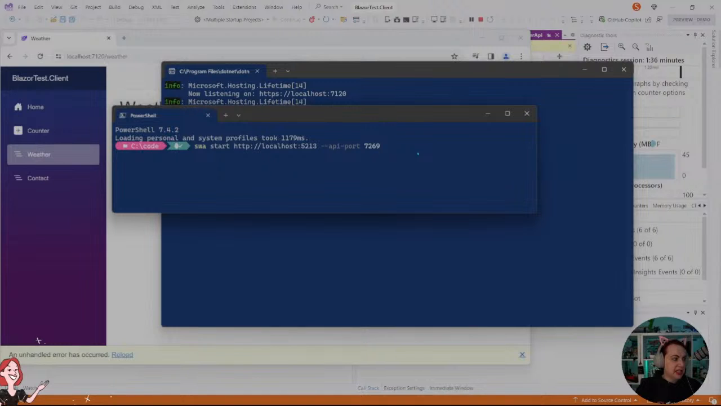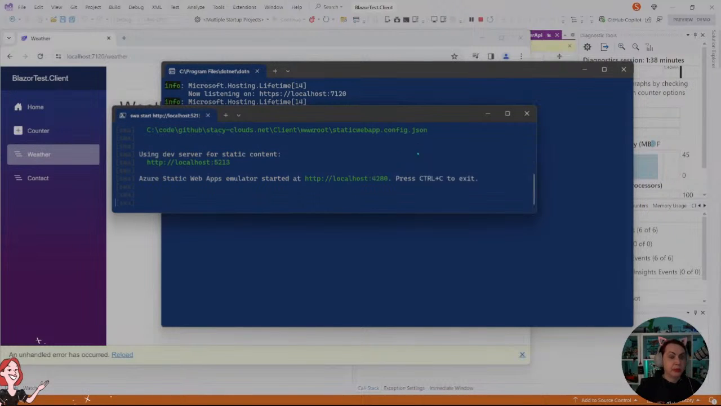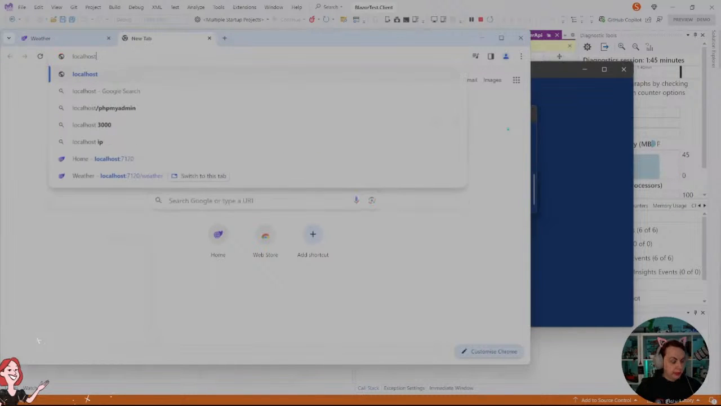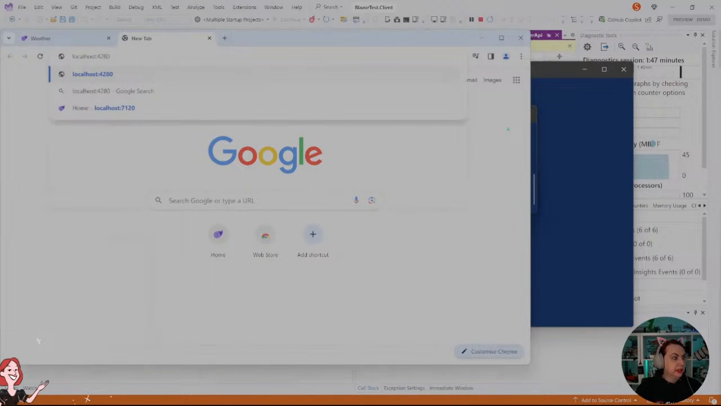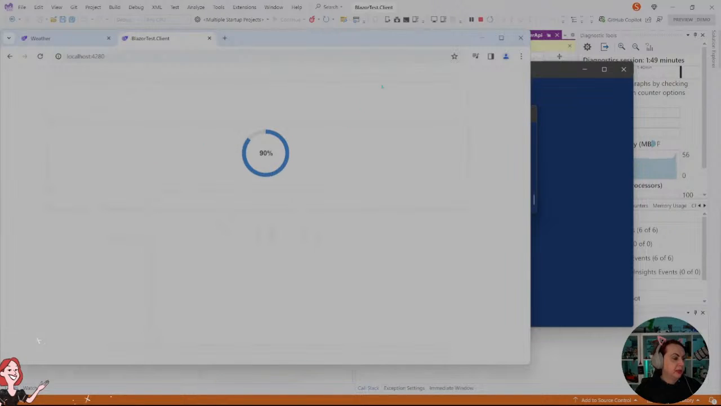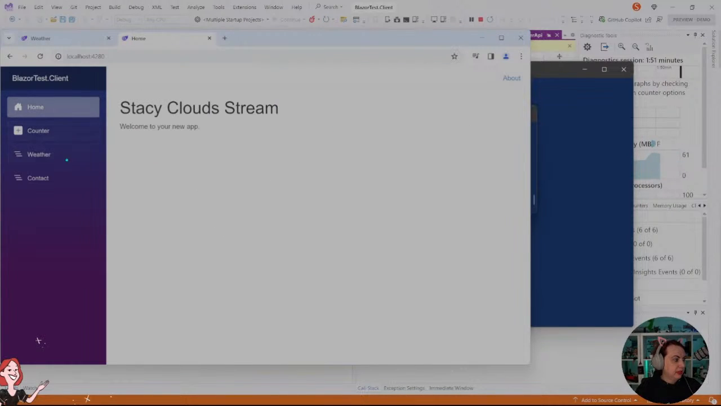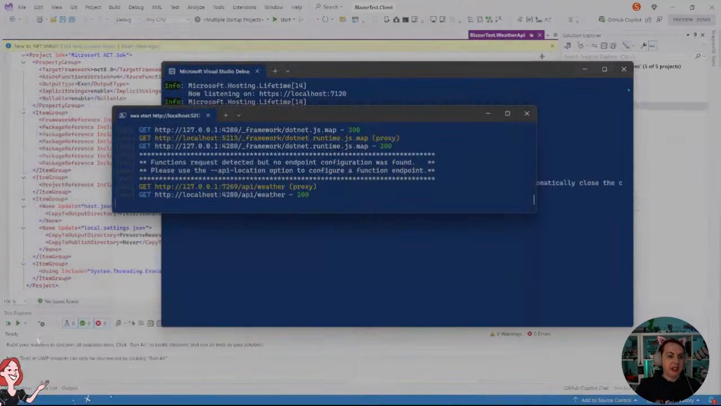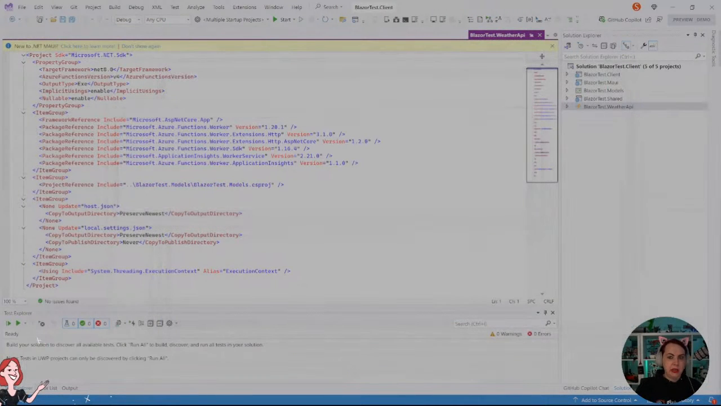So now if we run this, just a very quick recap over what we did last week. We have a running emulator. And now if we go to localhost 4280, we should get our Blazor application. And when we go to weather, we get our weather. So that's how we're getting the API working for the WebAssembly application. But then with the same code,